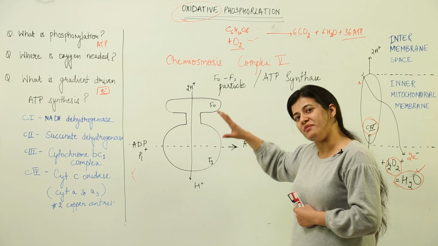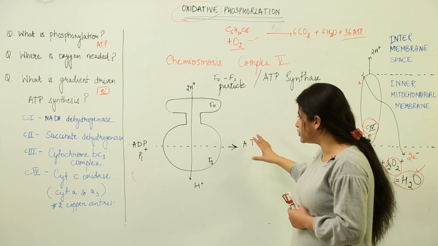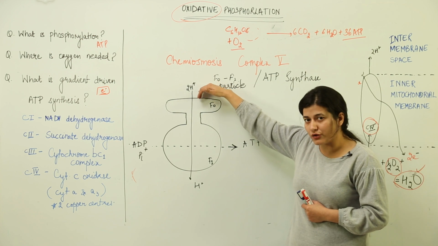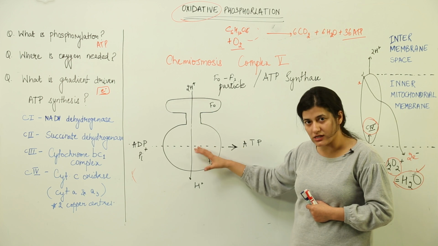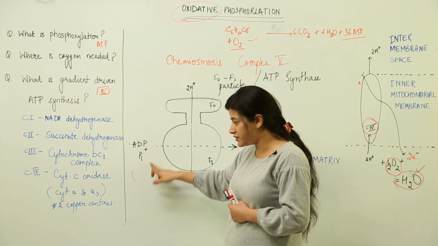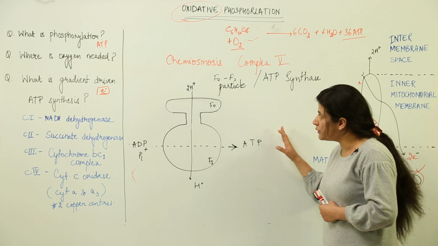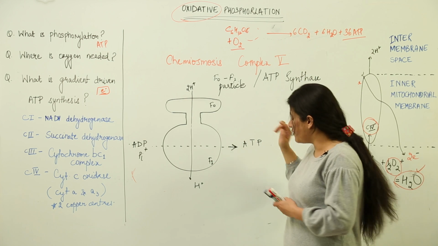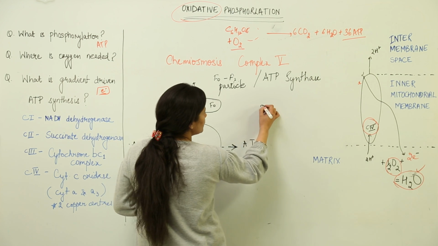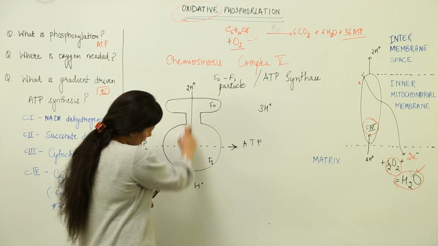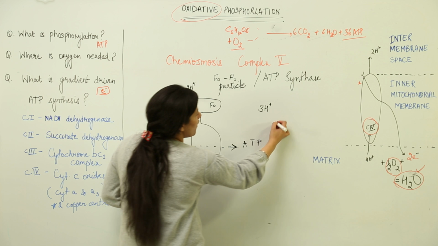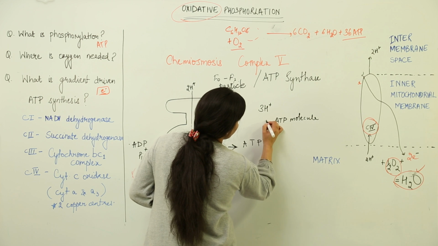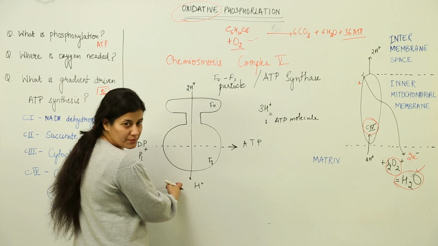So the protons have to come inside the matrix, and they come inside the matrix through F0 and F1 particles, which is ATP synthase. When the protons are moving across their gradient through this F0 F1 particle, ADP along with inorganic phosphate is converted to ATP. So in a way, the proton movement across complex number 5 enables the generation of ATP, and every time there is movement of 3 protons across the ATP synthase, there is formation of one ATP molecule. A single ATP molecule would be formed whenever 3 protons move across the F0 F1 particle,